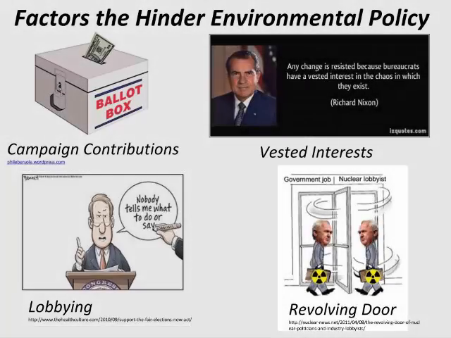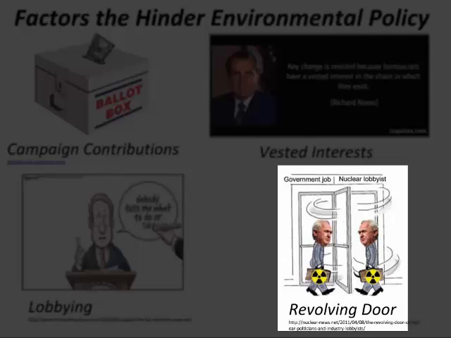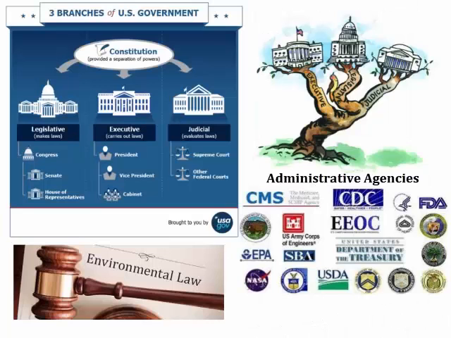The term revolving door refers to when individuals move from the public to private sector, or vice versa, to gain a political advantage or financial advantage for an industry. For example, if a nuclear lobbyist is hired for a government job, that person now has an agenda they carry over from their days as a lobbyist for the industry they are now regulating as an elected official. Similarly, if an elected official leaves a public position to take a job in the industry they once regulated, the business that hired them will likely have political and financial advantages due to the experience their new employee had while regulating their industry.